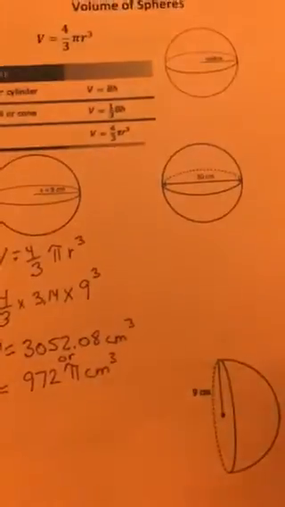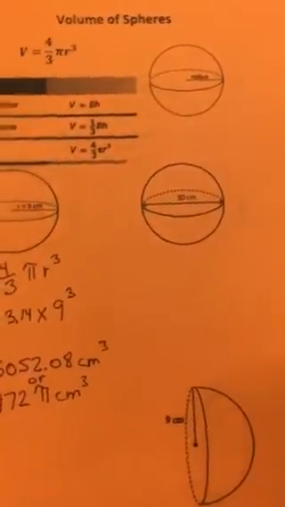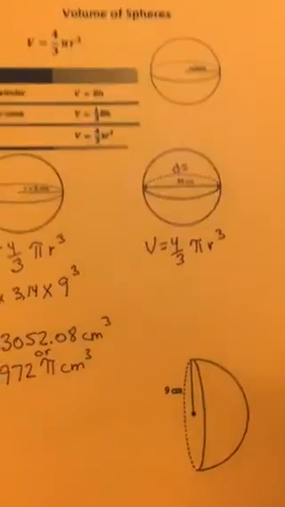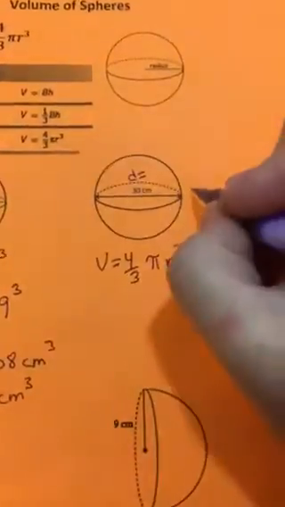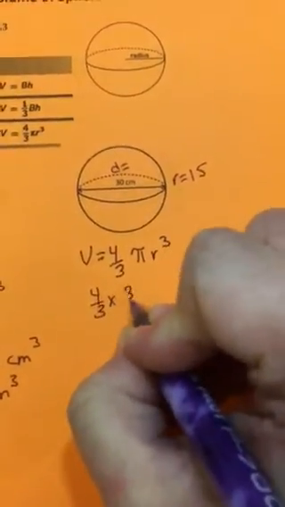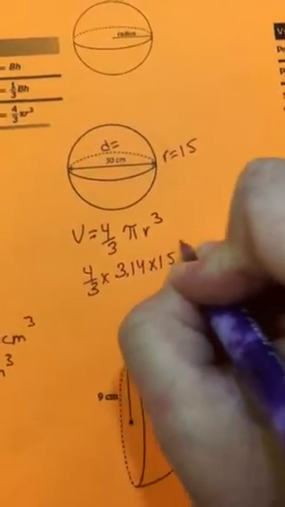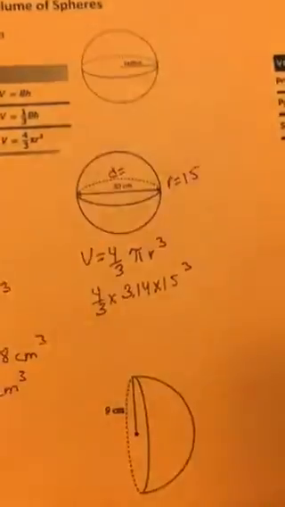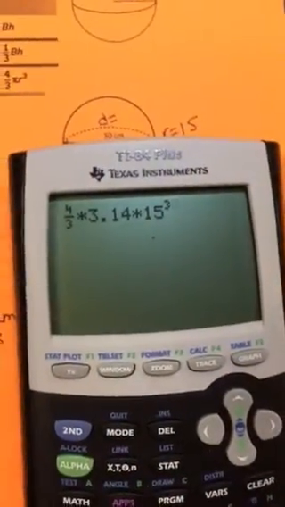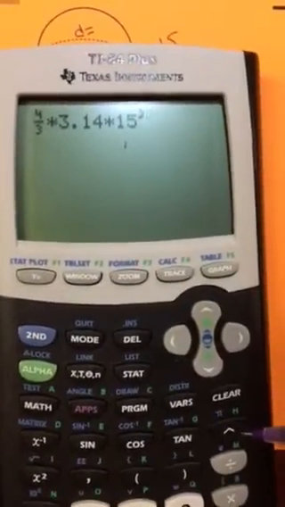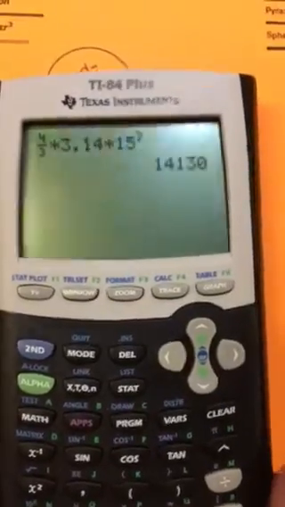All right, so our next sphere, we have a diameter of 30, but our formula, 4/3 pi r cubed, needs the radius. So I have to half the diameter to get a radius of 15. So I'm going to have 4/3 times 3.14 times 15 cubed. I'm going to put all of that in my calculator. Alpha y equal 3.14 times 15 cubed. And to get the cubed, you use a little caret and then put the 3 in. And that's going to give me